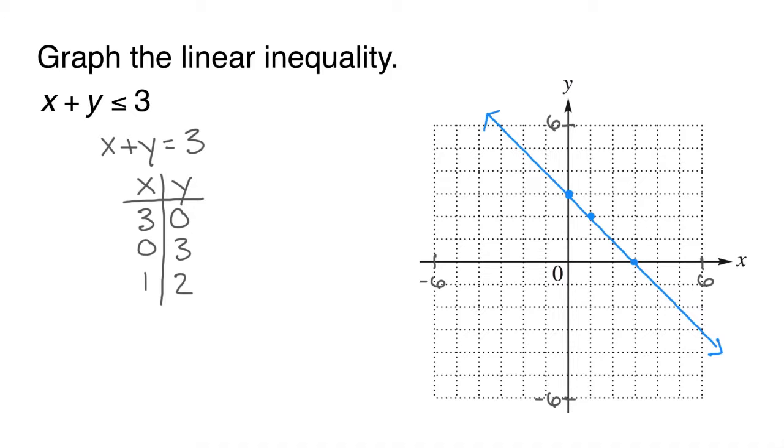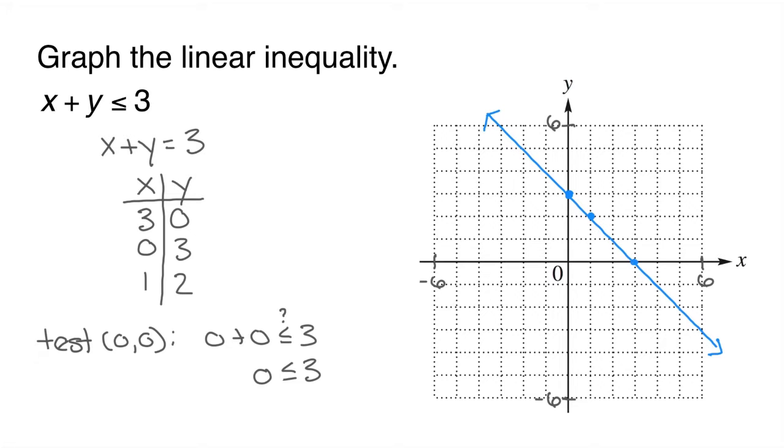To determine which region to shade, we'll choose a test point. Let's test the origin. So we'll test the point (0, 0) and determine if it satisfies or is a solution to the given inequality. Substituting 0 for x and 0 for y, we have 0 plus 0 is less than or equal to 3, which is a true statement because this simplifies to 0 is less than or equal to 3, which is true,